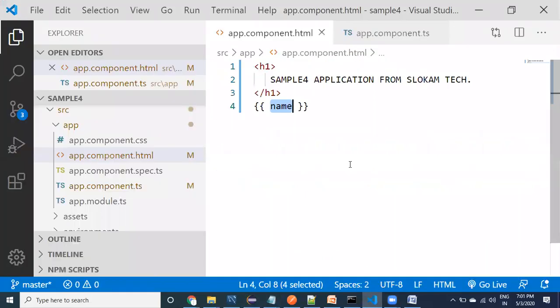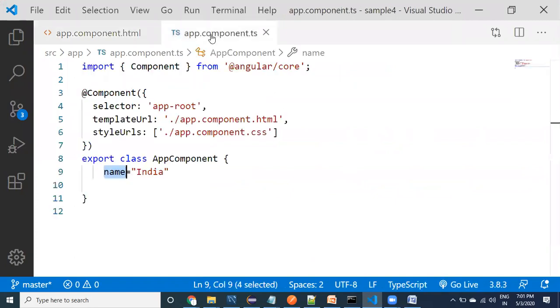Let me go to the component class, so let us look at it, guys. Name India, this is the data available. This India is available in the property name. Here in the class, when you are writing a TypeScript class, you can provide the variable directly.